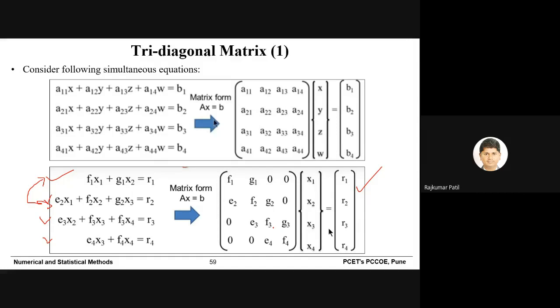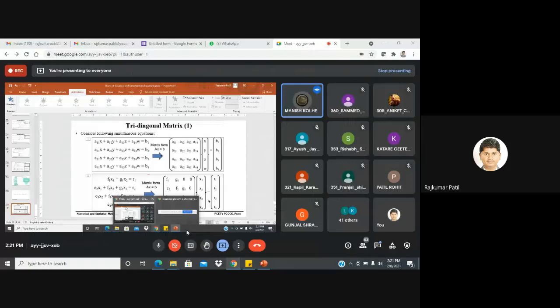Generally, for confusion purposes, the sequence of the equations is in a different way, and you just have to rearrange. If the question mentions tridiagonal, you can easily understand that these equations, when converted into matrix form, will be modified to a tridiagonal matrix. So these are the only general hints. The remaining things are very simple. Just follow the Gauss elimination method and solve the equations. Thank you very much for your question. Any other question?